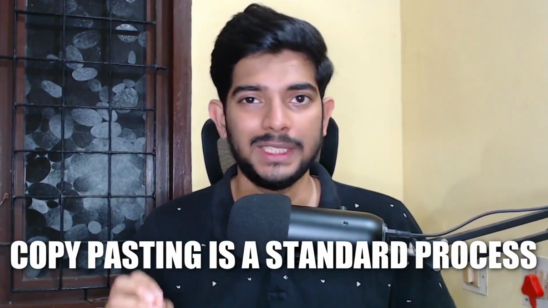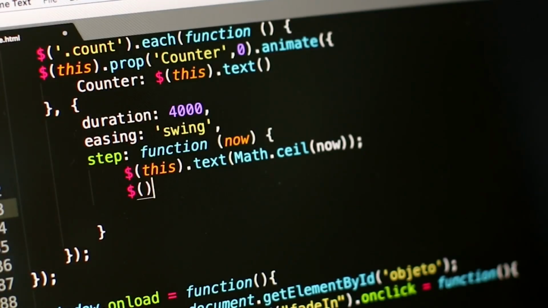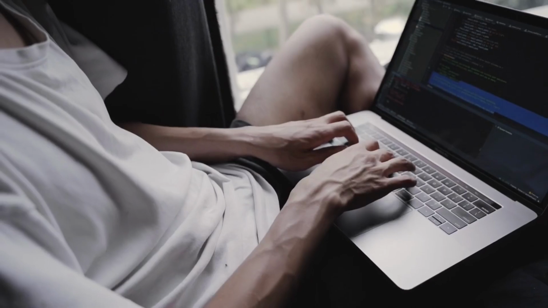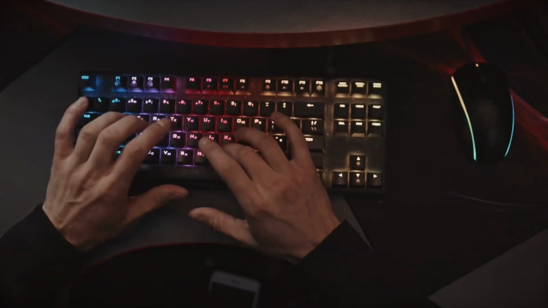First of all, I would like to tell you that copy pasting is one standard process, and most developers use it every single day, and that's how any kind of development is done. No matter if it is a big tech company or a small developer, they will go to Google or any other search engine and search for whatever code they require. Maybe they might copy paste from documentation, or maybe they'll see some other website, but either way, copy pasting is standard practice. That's what you need to know in the beginning.